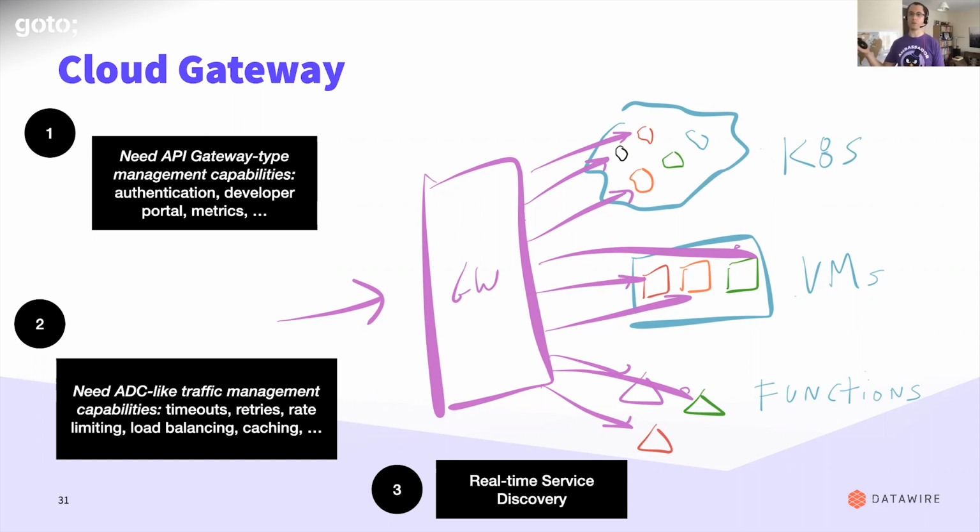Netflix have talked a lot about internal comms around timeouts, retries, circuit breaking, bulkheads. You need the same kind of thing at the edge too. And the back end now is dynamic. We've got some Kubernetes in the mix, some VMs in the mix, some functions in the mix. This is proving quite a challenge at the edge.